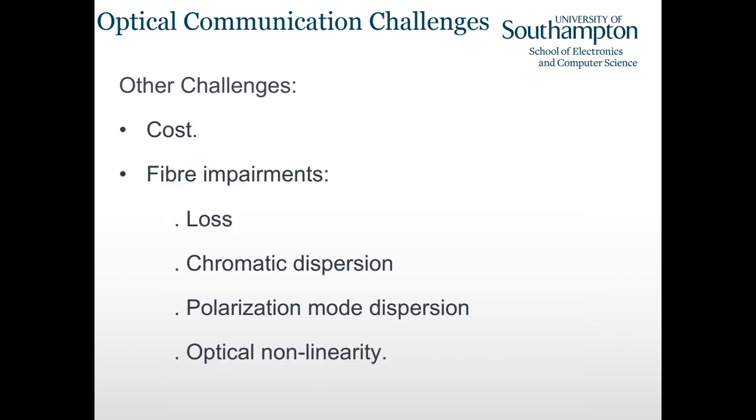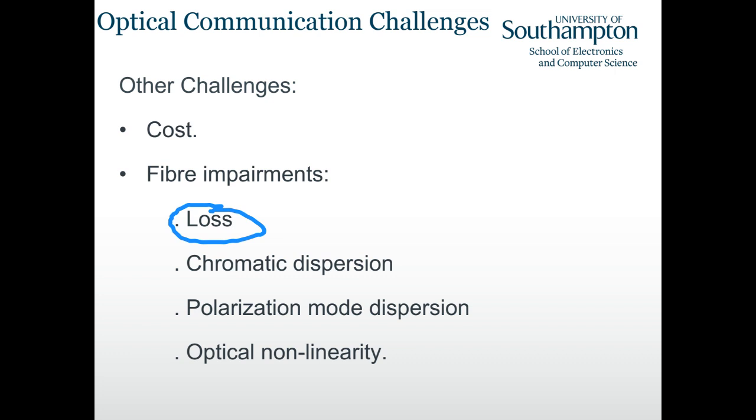Okay, there are other challenges. For example, cost. There is a trade-off between single mode and multi-mode fiber, and also LED and laser. LED would be cheaper, and laser would be more expensive. We'll talk more about that in future lectures. There is also loss, which is also called attenuation. We have attenuation in wireless communication as well. When a signal propagates over distance, the signal power would attenuate. For fiber, it's the same.